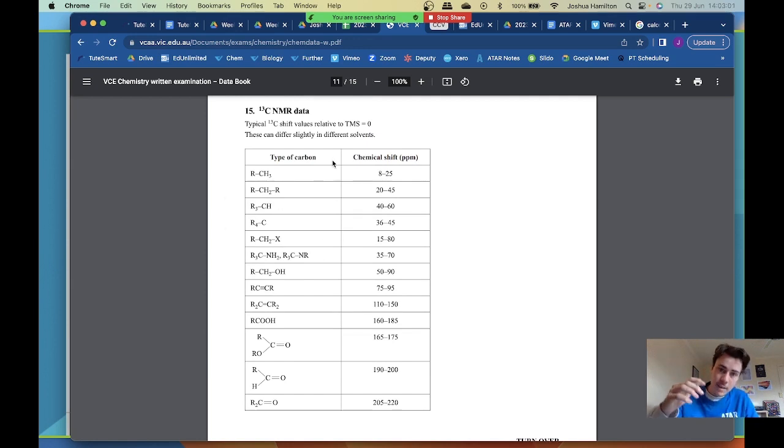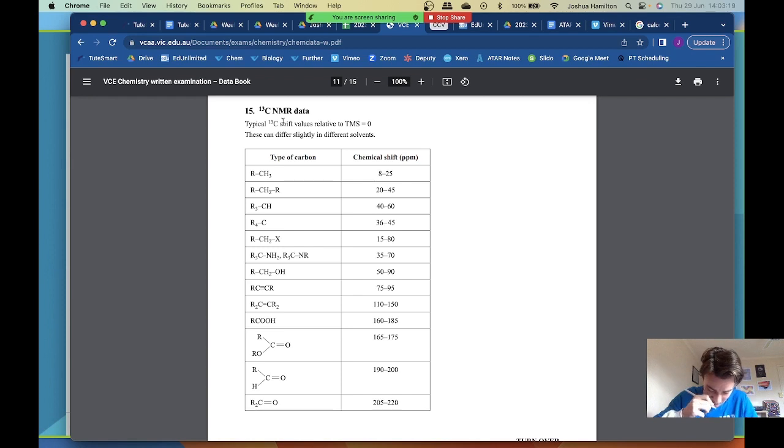Now, what's also really important is sometimes you'll get a peak at 0, and we haven't discussed this either. The peak at 0 is TMS. It's a standard. It's what is used to compare with. But what we've got here is 1, 2, 3, and it wants me to talk about the peak